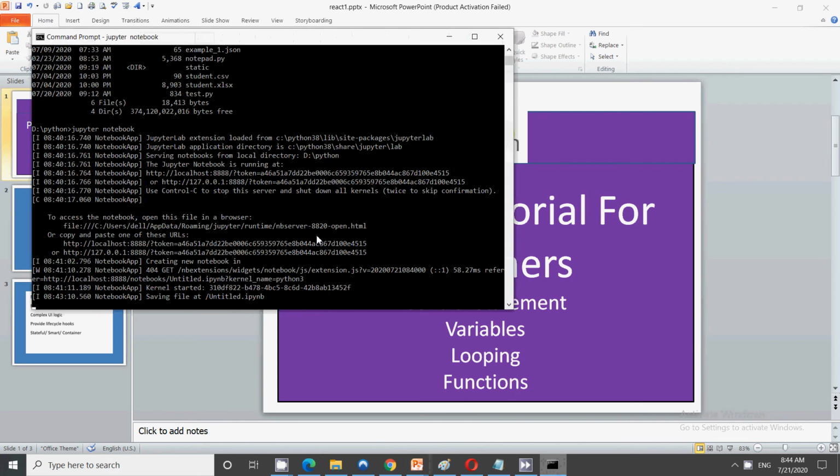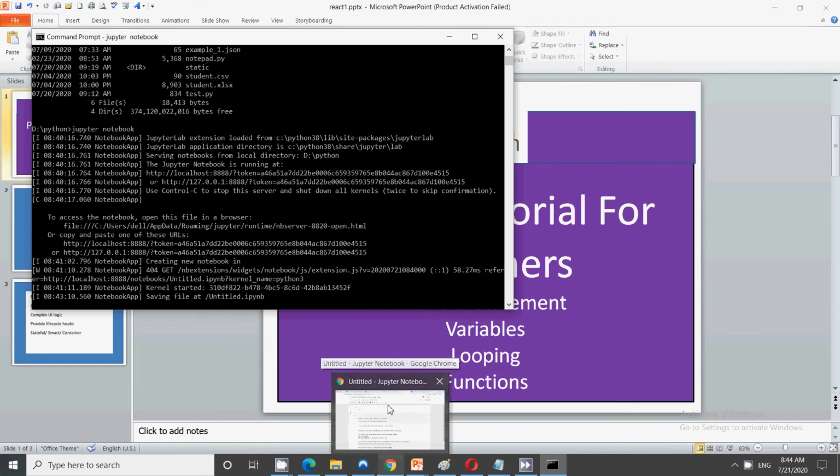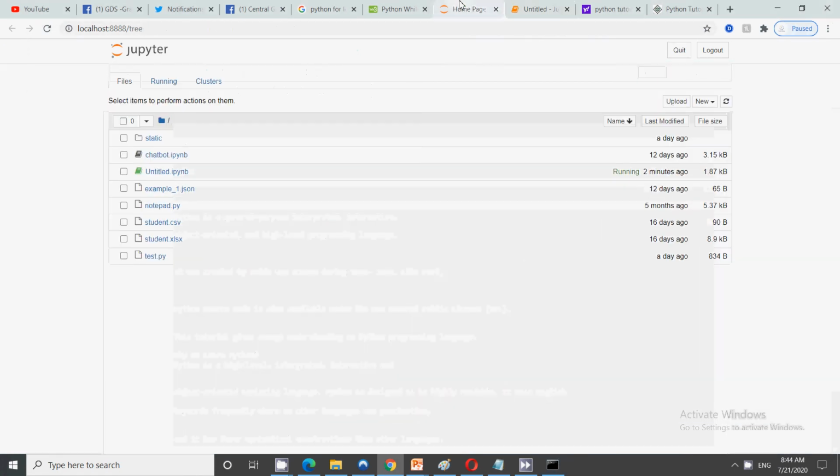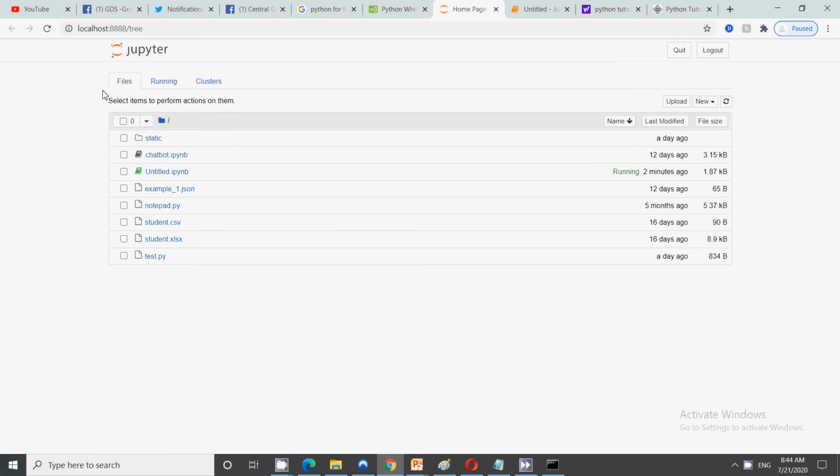In order to execute Jupyter Notebook, you have to simply write jupyter notebook. This will start the instance for your Jupyter. And again, as I said, it is totally browser based, so you can just open the browser and you can see this is the screen that will open first, and this is the interface of Jupyter. It's very easy because you just need to click on new, and once you click on new you will be given the option of which notebook you want to create.